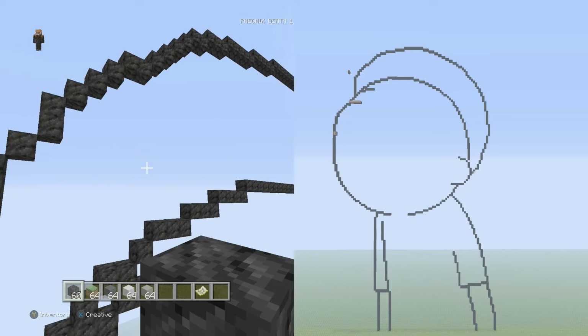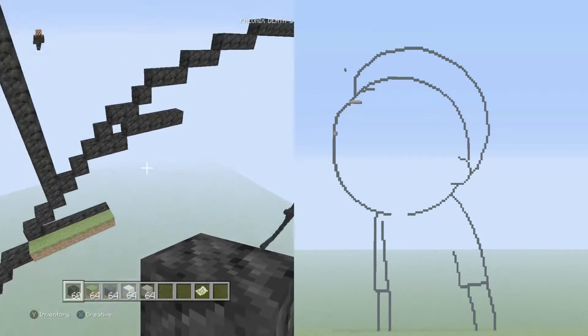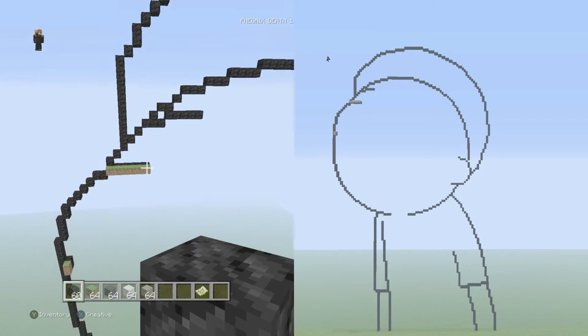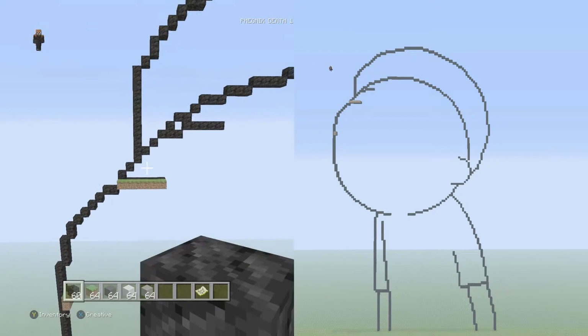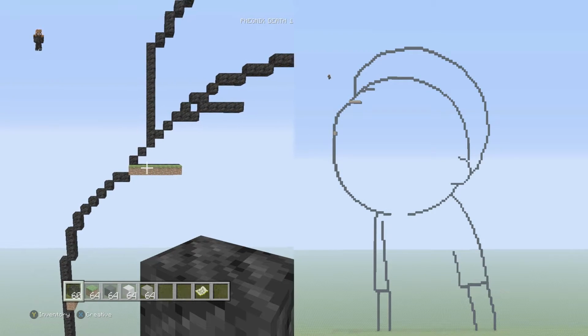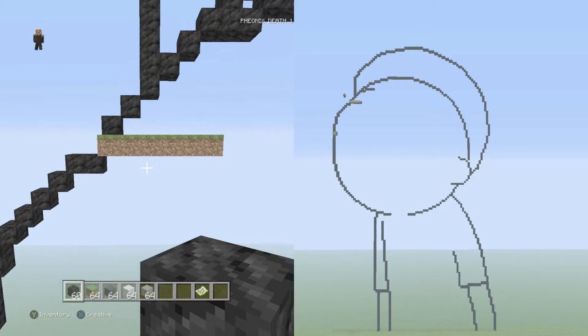And now we can move on to the face, and then I think we have to do the nose and the mouth, and then, oh yeah, the teeth are going to be a pain in the butt as well, but we should be fine. So next order of business is let's go to the eyeball where we have this 6 flat marked out right kind of nearby where we just finished at, and that's going to be where we do the left eye. So what we're going to do is delete those dirt blocks and then go to the end